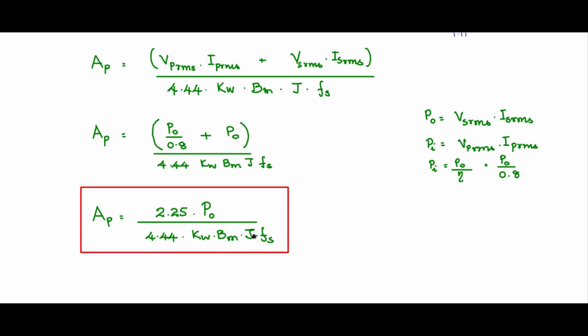It can be used for low frequency operation, where you are using it for rectifier, capacitor, filter power supplies, where you have to step down 230 volts to 18 volts. You can use this relationship for the design of those transformers because they are sinusoidally operated, where Fs will become 50 Hertz. You have to use CRGO, cold rolled grain oriented silicon steel, as a core material, which has a BM of 1 to 1.1 Tesla.